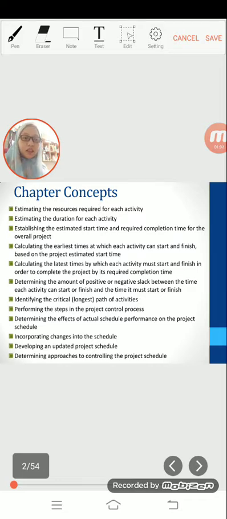Based on the material in this chapter, students will become familiar with estimating the resources required for each activity, estimating the duration for each activity, establishing the estimated start time and required completion time for the overall project, calculating the earliest time at which each activity can start and finish based on the project estimated start time, calculating the latest time by which each activity must start and finish in order to complete the project by its required completion time, determining the amount of positive or negative slack between the time each activity can start or finish and the time